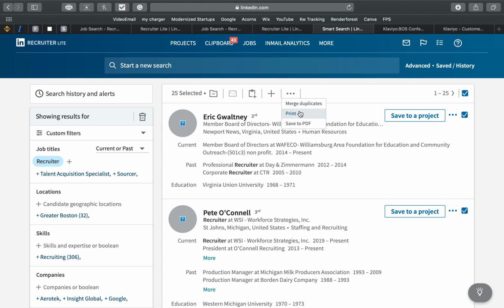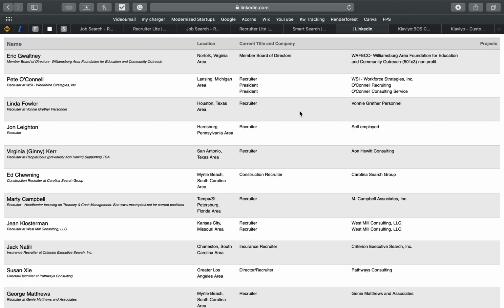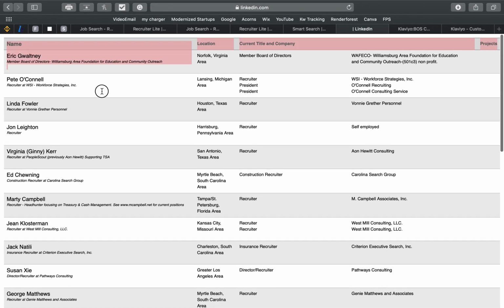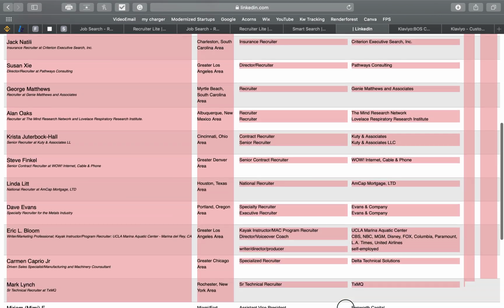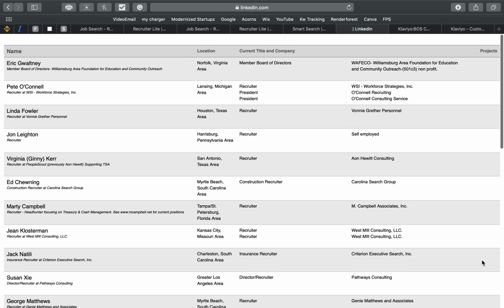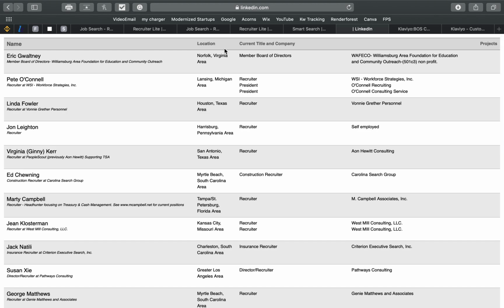Now if you hit print, on the other hand, the view is like this, which can help you better. So you can either print this out, or it's easy enough to highlight it and put it over into an Excel file or a Google Sheets file in order to use later. Then you would have your Fiverr assistant or your virtual assistant, which you'll learn in a later video,